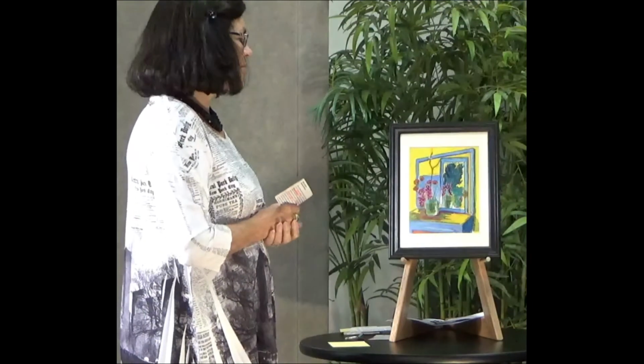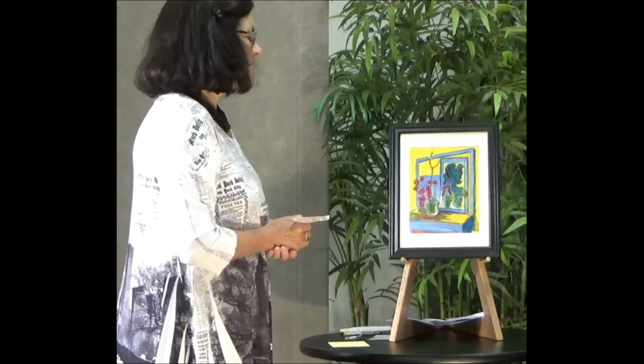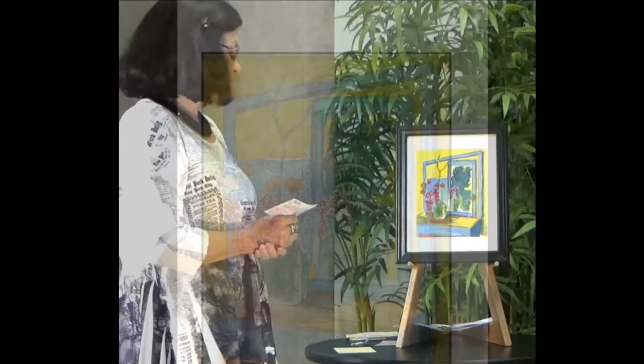Last but not least, Edouard Vuillard, and I'm happy to see one of his works because one does not often see it. He's a representative of the group the Nabis, who called themselves the Prophets, and they were definitely post-impressionists. This is a challenging work Miriam picked. It's a lot of rectangles,